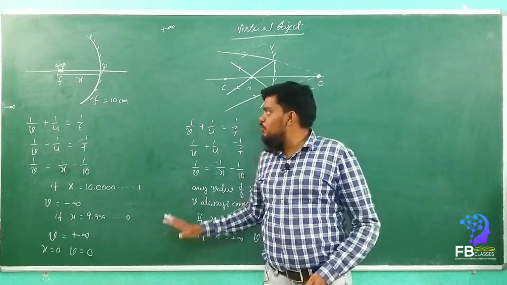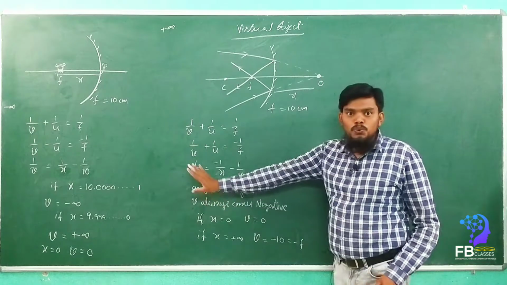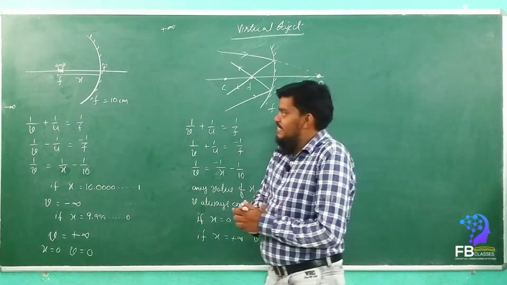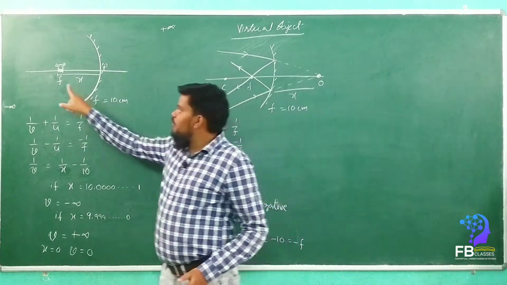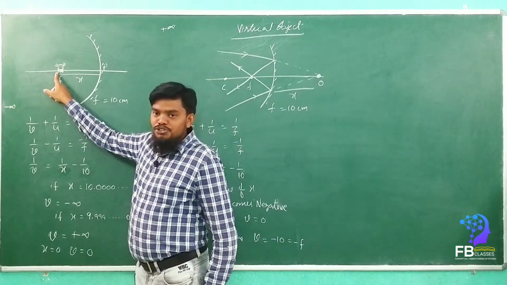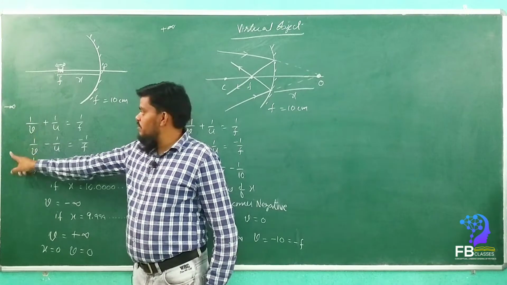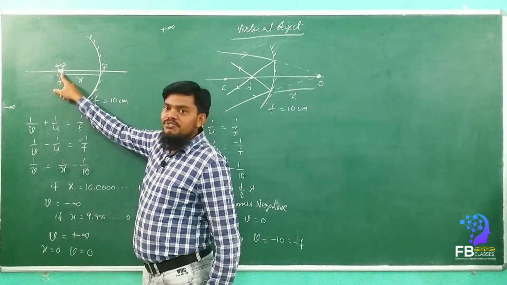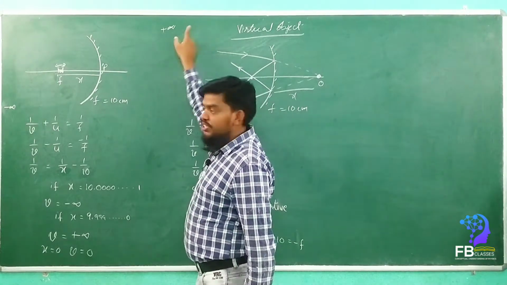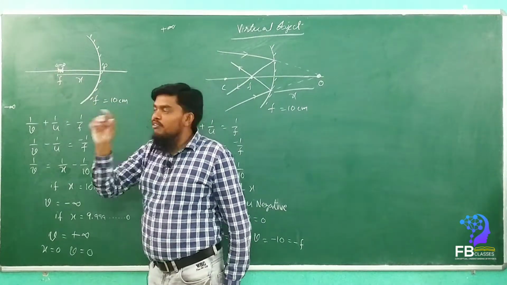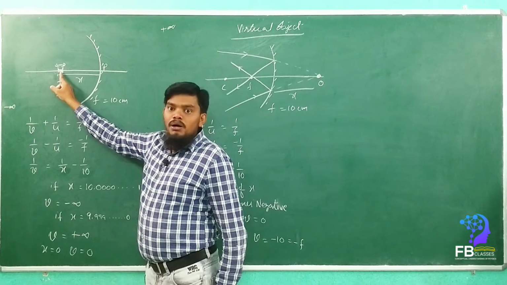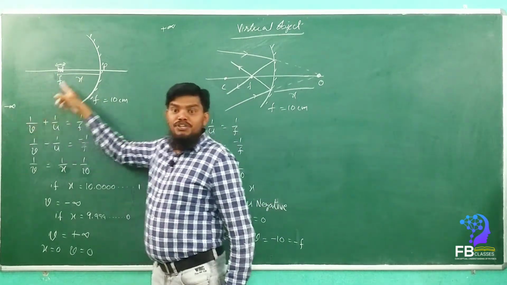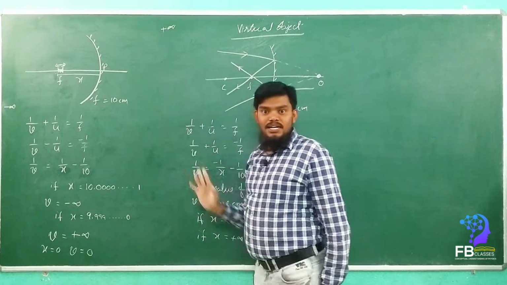So what is the conceptual understanding behind these two diagrams? When the object is placed just behind the f, where is the image formed? At minus infinity. When the object is placed just after the f, where is the image formed? At plus infinity. When the object is moved a very small distance from behind the f to ahead of the f, the image will move from minus infinity to plus infinity. Are you getting my point?